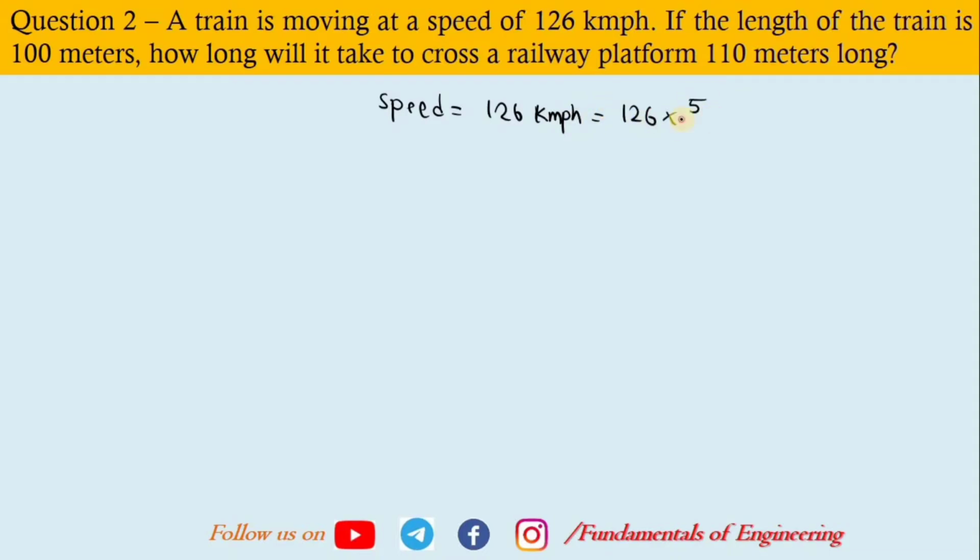126 into 5 by 18. So 18 7s are 126, and 7 into 5, that is 35 meters per second. That is the first conversion. Then the length of the train is given as 100 meters, and the length of the platform